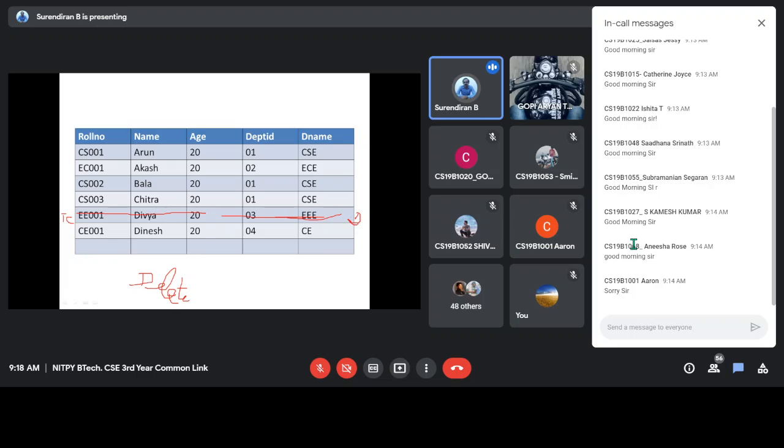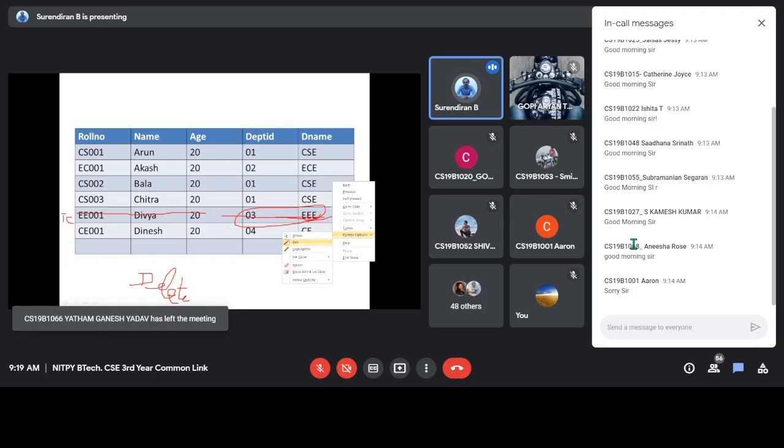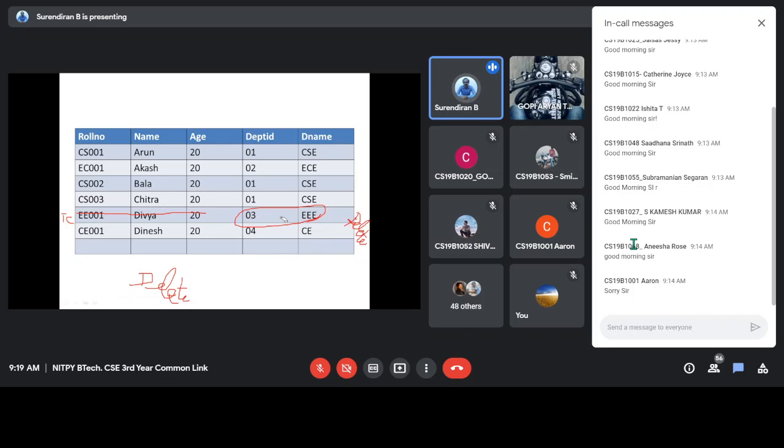Deleting this row will delete the department information also. 03 triple E will not be present in the database because you're deleting this full row. So department information is also lost. Even though the department exists in the college, the triple E department will not be available in the database. That is called deletion anomaly.